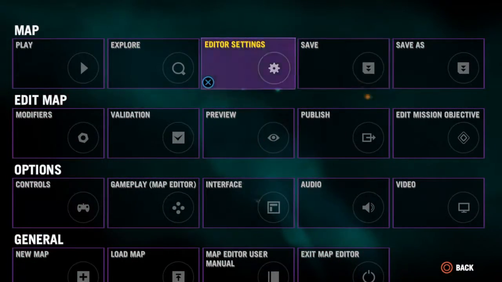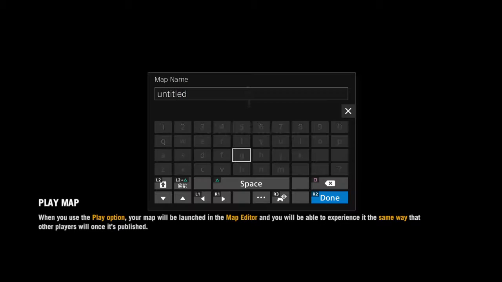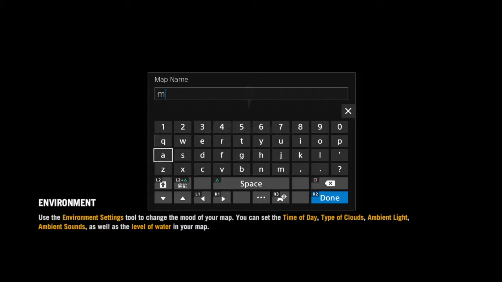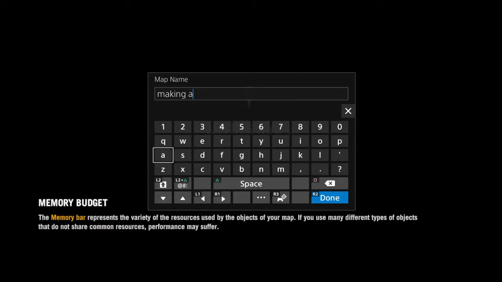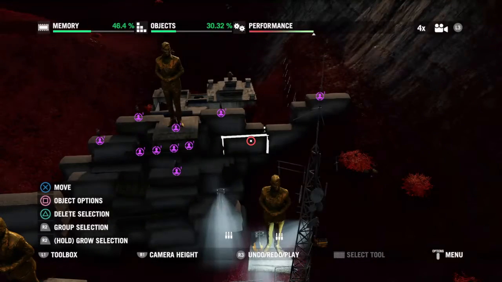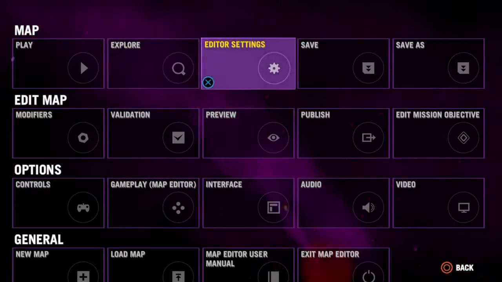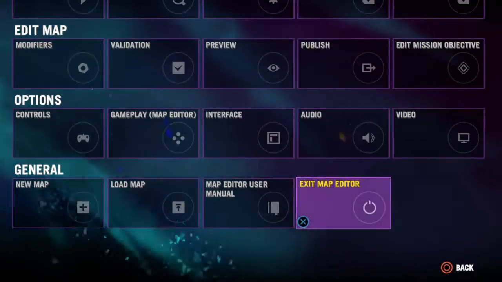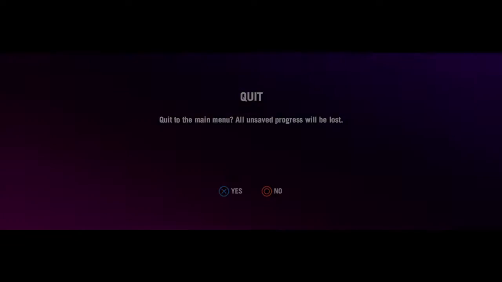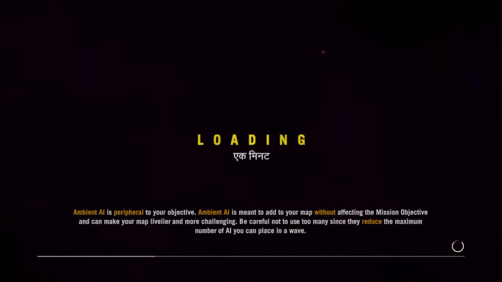okay. So I'm gonna save this really quick. Hang on. Just a second, y'all. Sorry. Okay, just a sec. Okay. So basically, what you want to do is you want to let me get back to the main menu really quick. Okay. So,